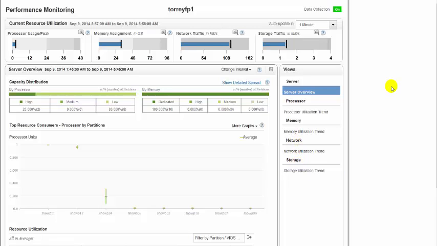This home screen can be divided into three main sections. First, current resource utilization. Second, views. Third, detail panel.